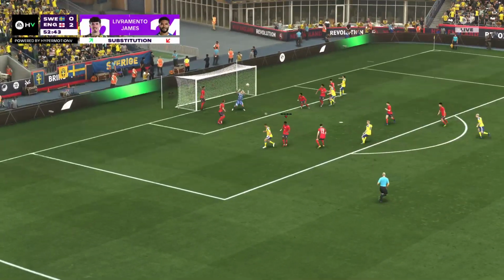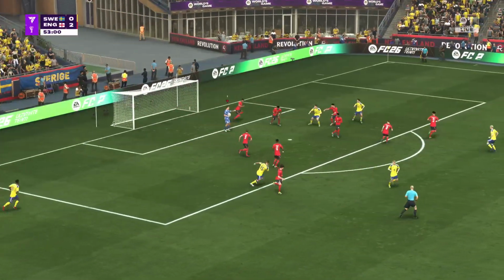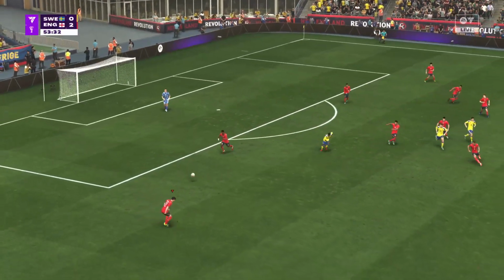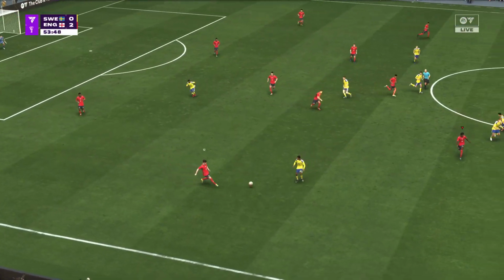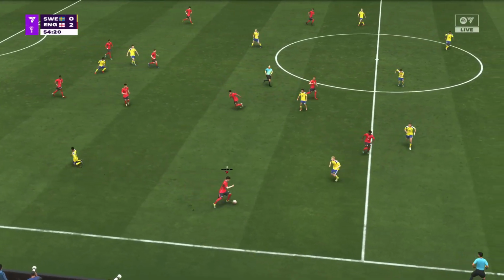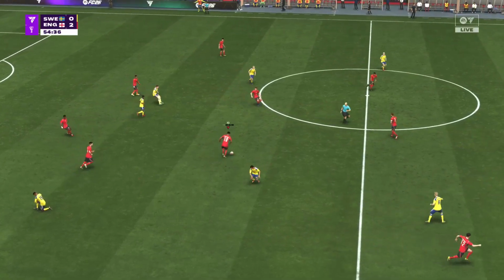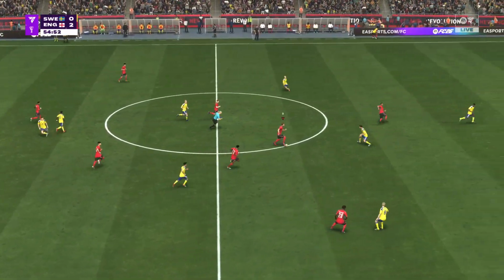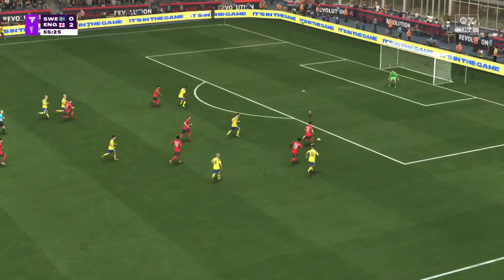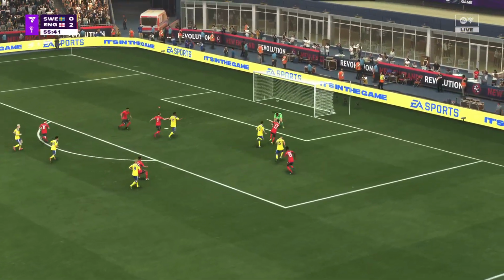Trying to pick out a teammate. No degree of difficulty at all for the keeper. And good anticipation. Good positioning to win the ball back there. Might be able to set up the chance. Will it be?